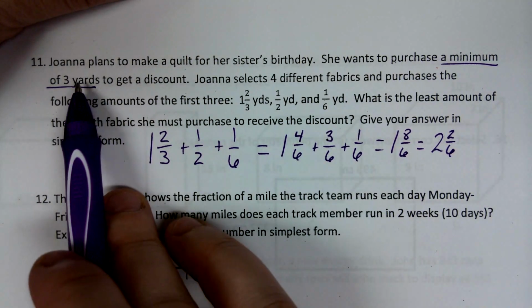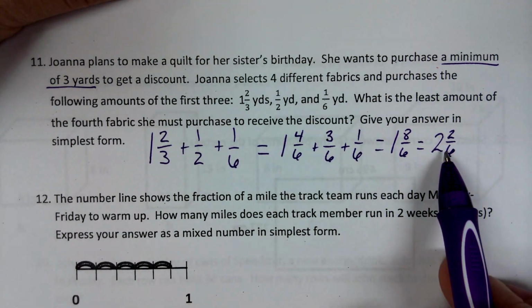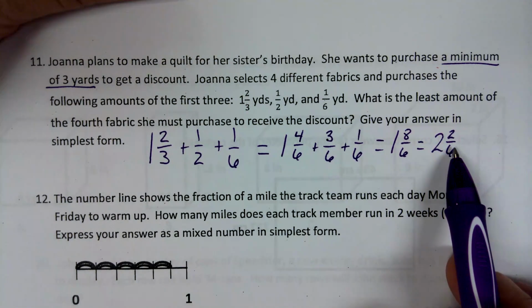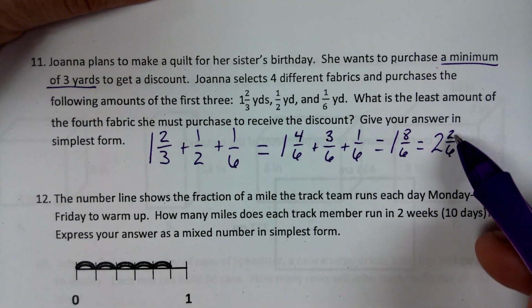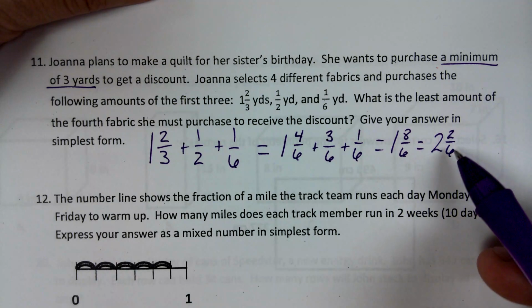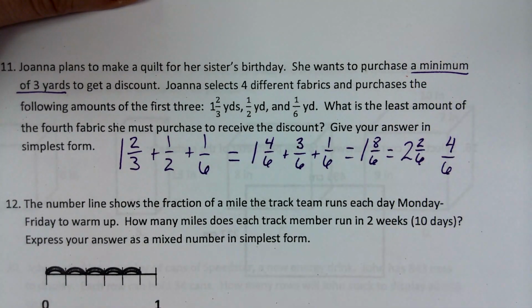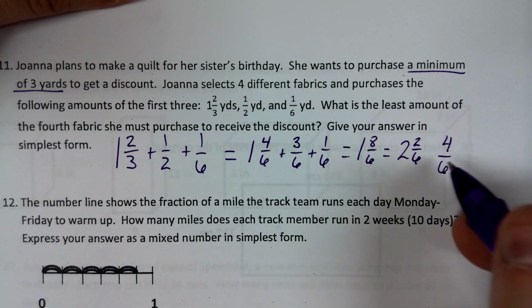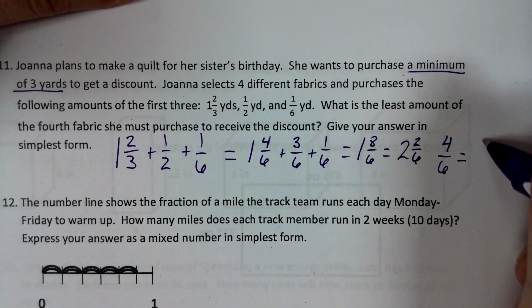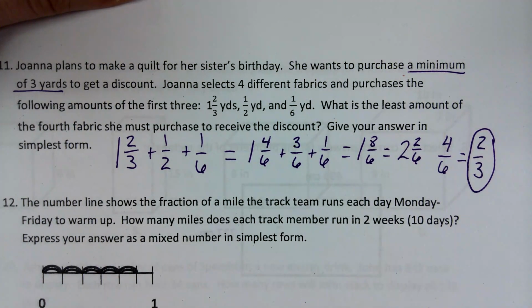I've got to get to at least 3 yards. So if I'm already at 2 2/6, I just got to get another whole set out of this. So I need 4/6 of that last piece of fabric, but since it does say simplest form, I've got to divide both of those by 2, and she would need to buy 2/3 of a yard to get her discount